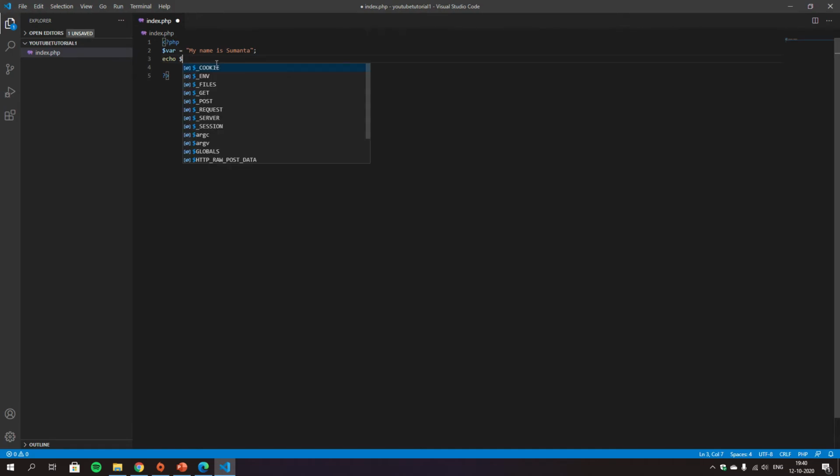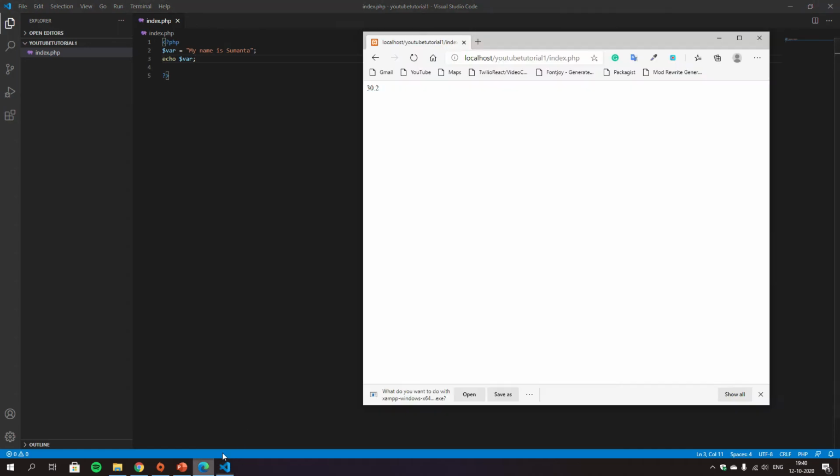Echo means display. So $var means my name is Sumanto. This is the string, and we are storing it in this variable $var, right? Now we are going to display it with echo $var, that means echo my name is Sumanto. Now if you go to your browser and refresh, you can see the output is my name is Sumanto.